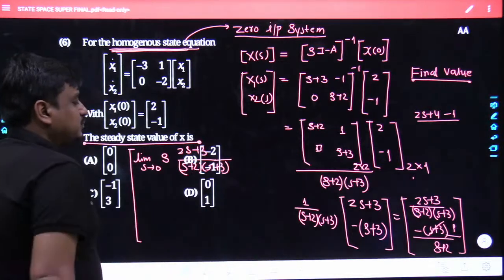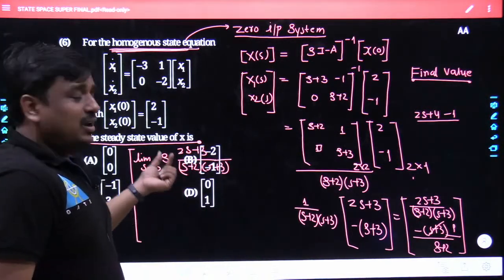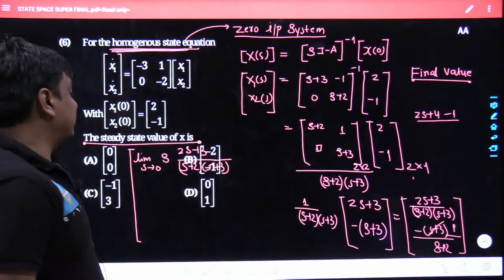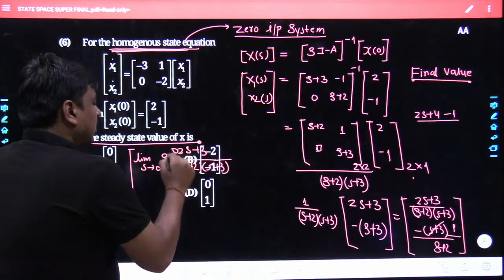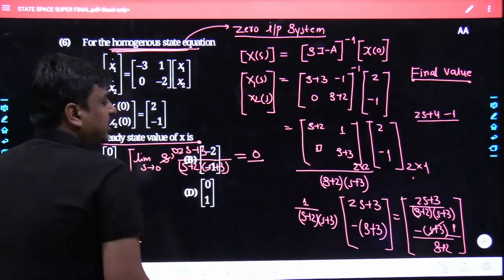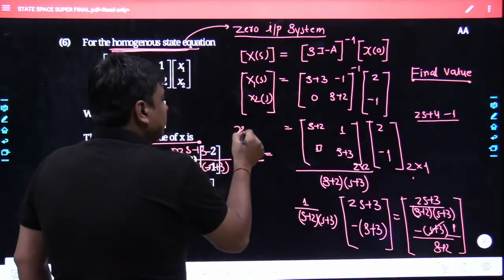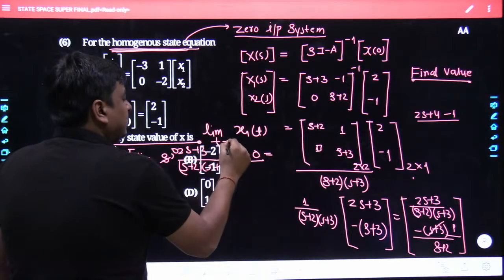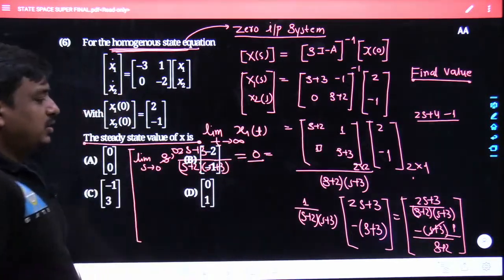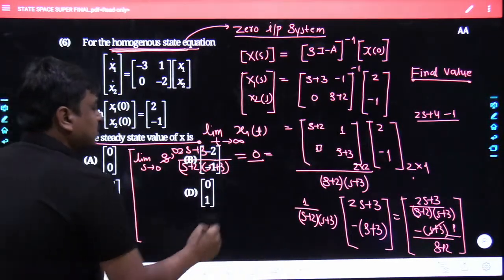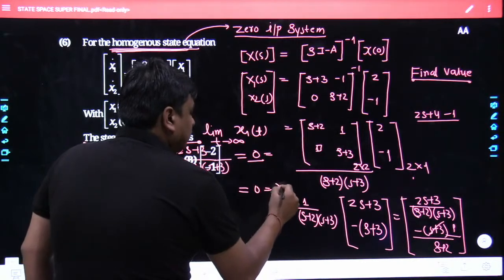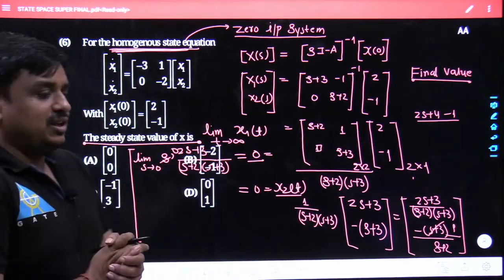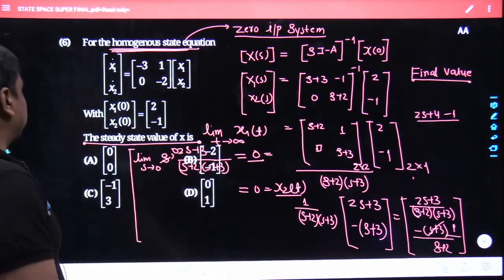You can see very well there is no component of s in the denominator, that means there would not be any cancellation of s between the numerator and denominator. This factor would become 0. So the steady state value, that means the value of x1(t) when t is tending towards infinity, is 0. Similarly, the same process has to be taken for the last. There also you would get the value of limit t tends to infinity of x2(t) as 0. So the best most answer is going to be